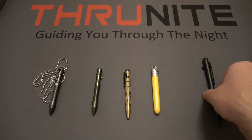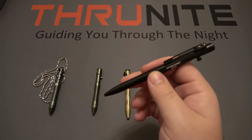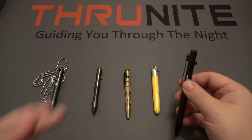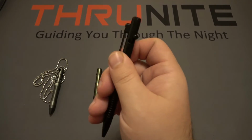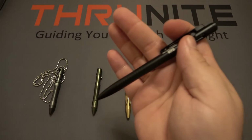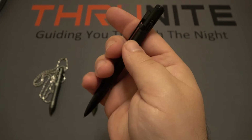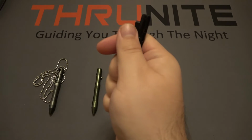And then on the end here, we have the Nitecore, the NTP31. These currently sell for $29.95. This is a full-size pen, but I do want to kind of compare it to these because I've been using this lately. This is a bolt action pen. All right, so just like the other three here, you push that little bolt on the side and it locks open, and it's spring loaded, so when you want to shut it, all you do is push it to the side and